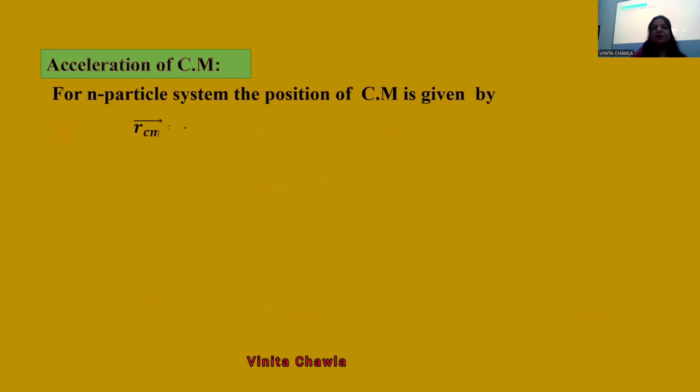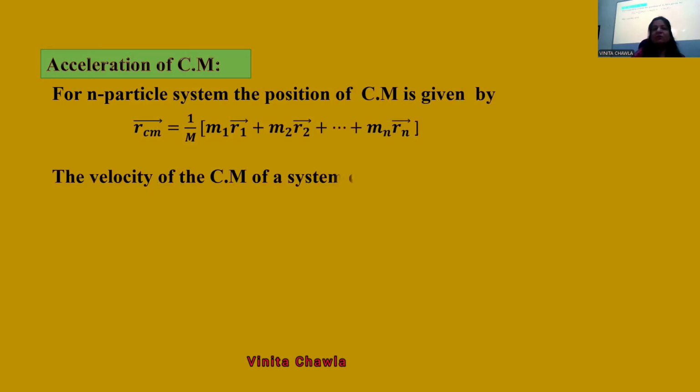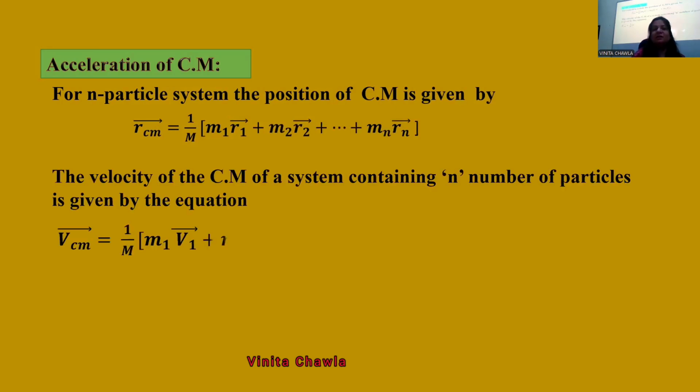Again for n particle system we write RCM as this, and velocity of the center of mass is written as this, right? This is how we write position vector of center of mass and velocity of center of mass। Now we are going to differentiate velocity with respect to time, both left hand side and right hand side are to be differentiated with respect to time to get acceleration। okay, dv by dt is a,